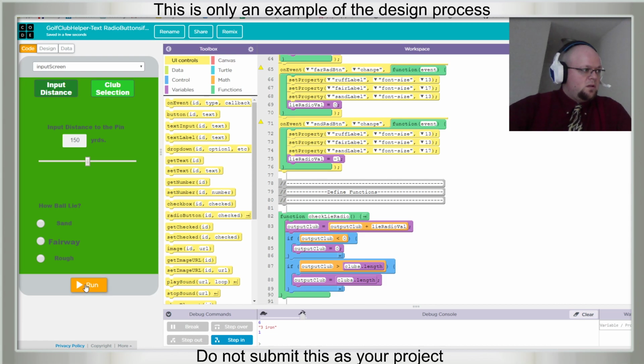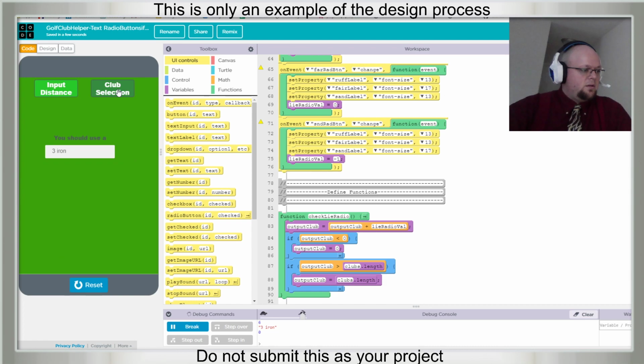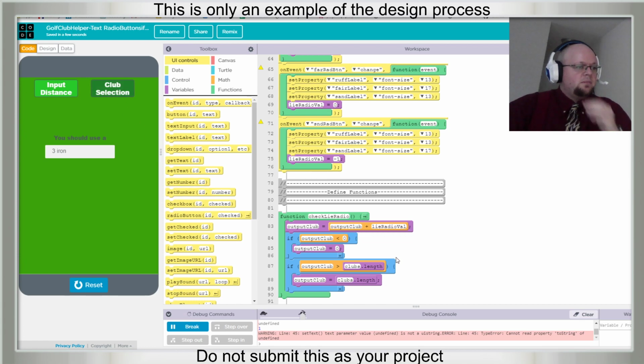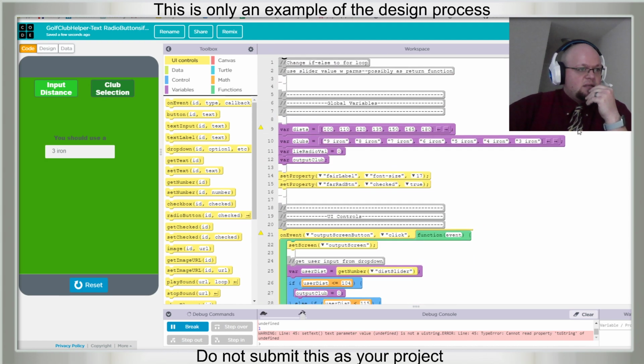Okay, so let's run. Let's go to the highest one. This should be 3-iron. Good. Let's go back. Highest one and rough. Yeah. Okay. Because length is 7, but index 7 doesn't exist because this is index 6.